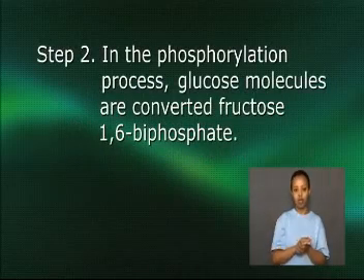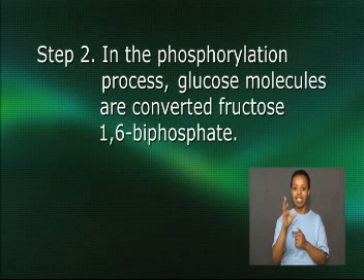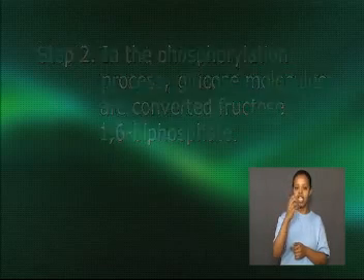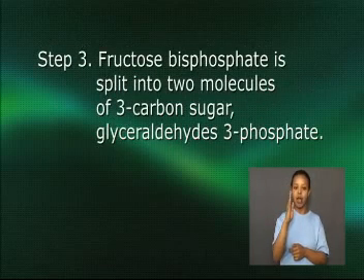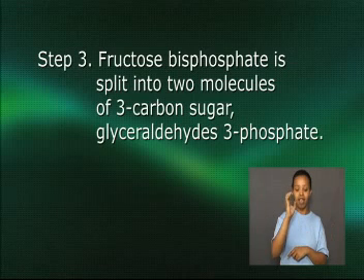In the phosphorylation process, the glucose molecule is converted to another 6-carbon sugar, or fructose 1,6-biphosphate. In the next reaction, the fructose biphosphate is split into 2 molecules of the 3-carbon sugar